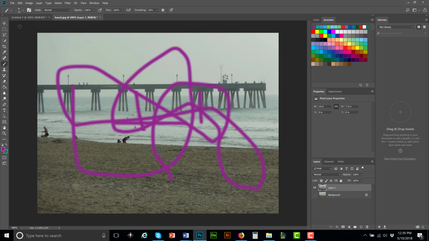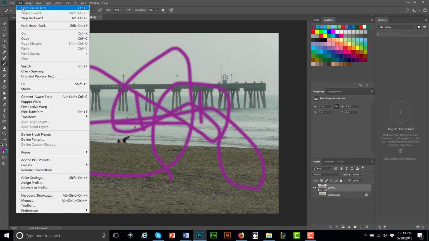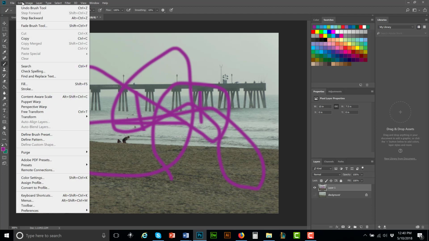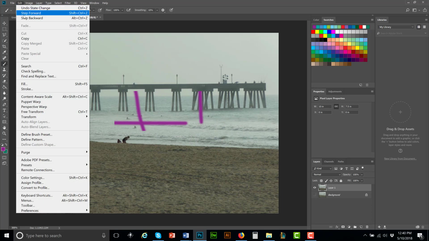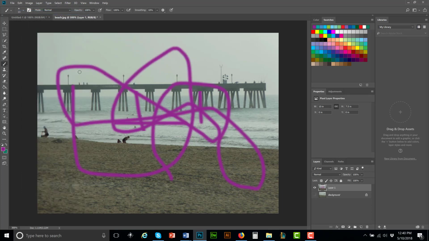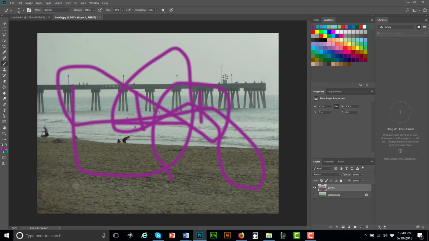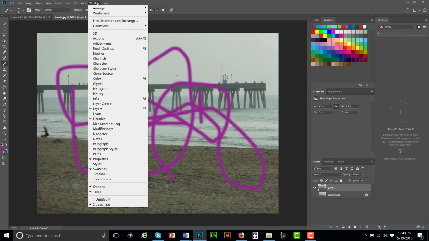All right, so there are a few ways to undo, get rid of history. The first way, you can always do a Control Z or an undo, but you can only undo once or twice in Adobe Photoshop. So the next thing that we can do is something called step backwards. We can continue to step backwards. I'm going to step forward because I want to show you the other thing. So we can step backwards, and that'll keep getting rid of it. We can also look at our history. We get to our history by going to Window,